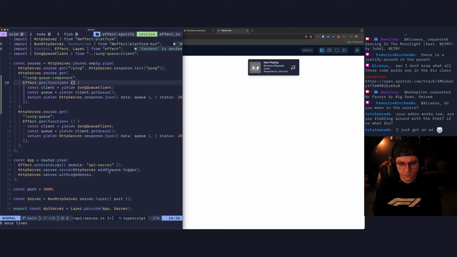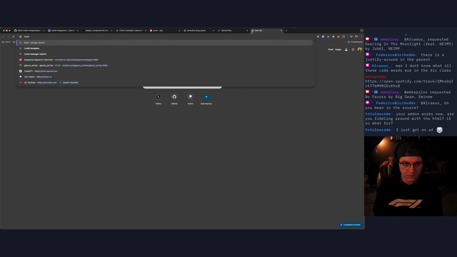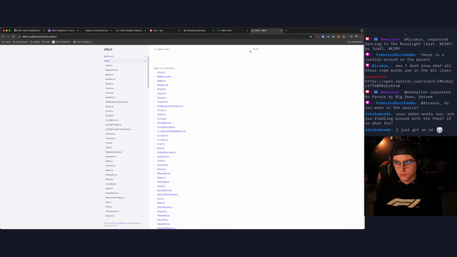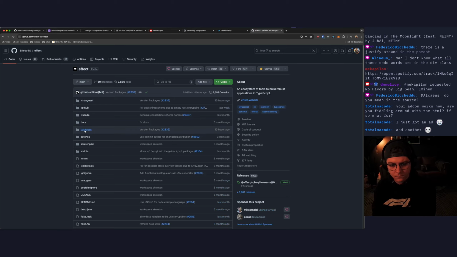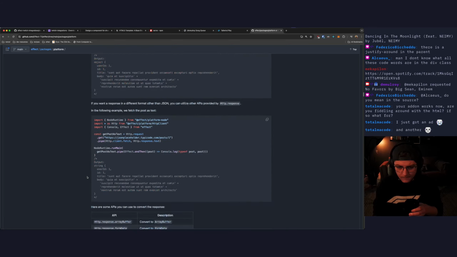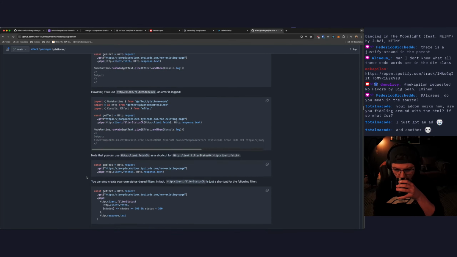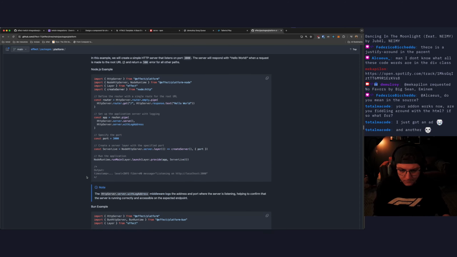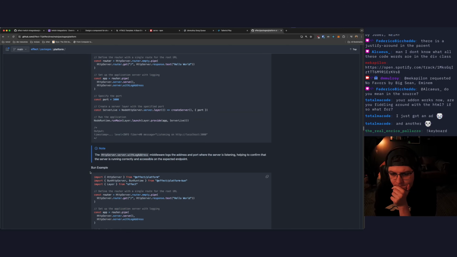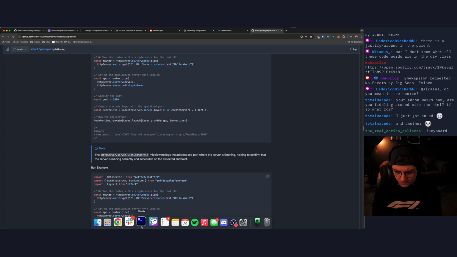This is going to load a page, which if I do, should be able to serve HTML from here. Response.text. So I just need to read the file.